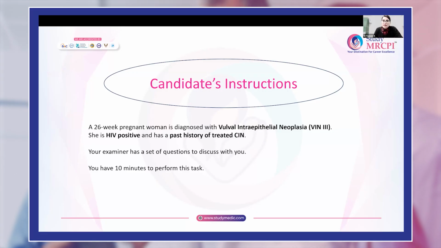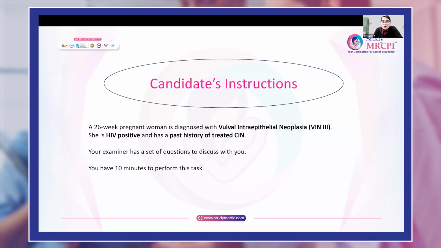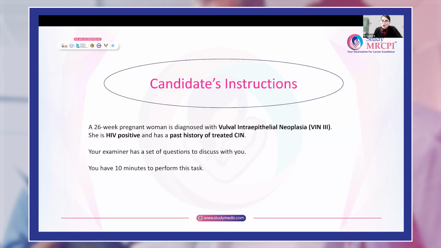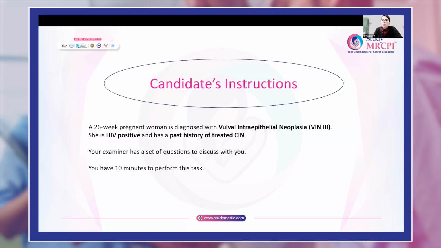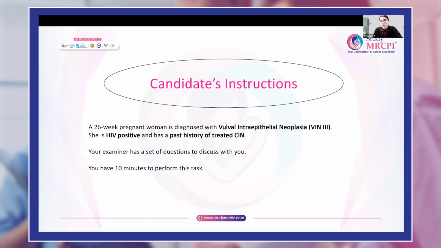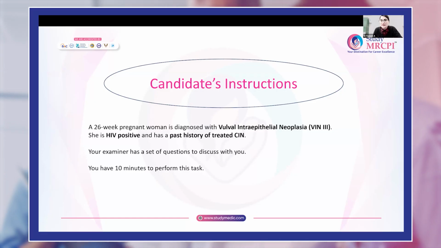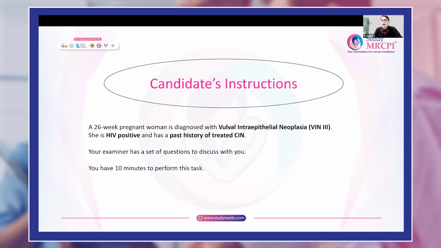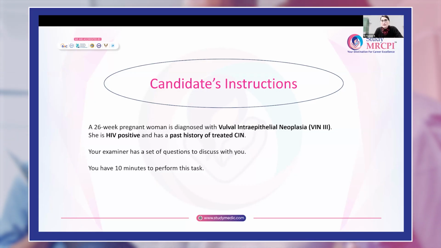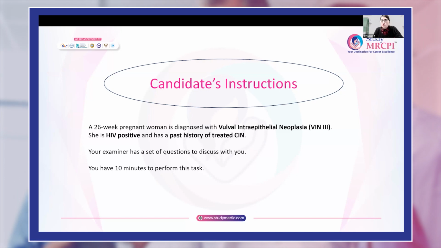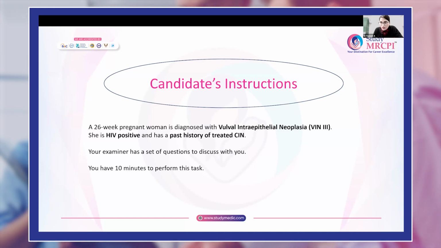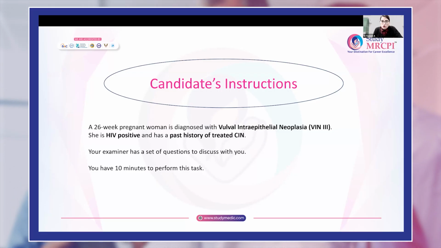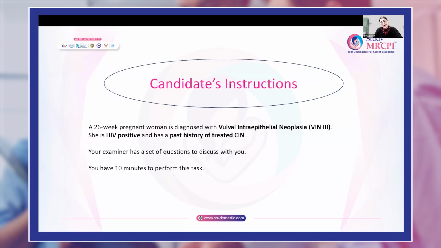The other important thing, she should be counseled about pregnancy hormones and her HIV status. Pregnancy is also one factor which is reducing her immunity, and also HIV. So there can be persistence of the disease, and there can be a problem with the recovery phase. So she should be counseled about that. This disease is not going to alter the fetal outcome. However, it should be treated, definitive treatment should be done in the postpartum period, and also she has to adhere